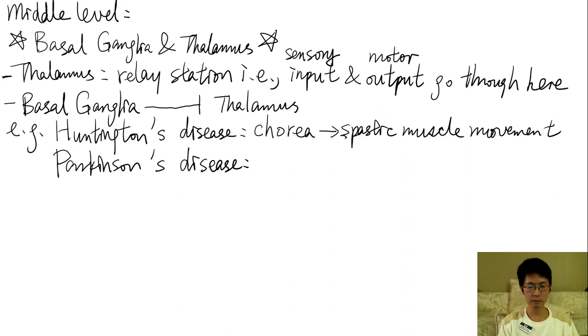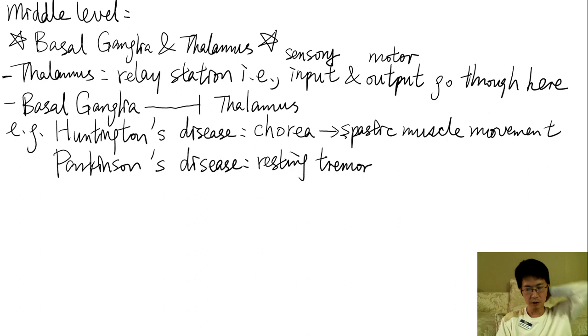Okay. Let's put the symptom first. The symptom basically, at first, initially, you have something called resting tremor. I'll explain to you what resting tremor is, and then later on,